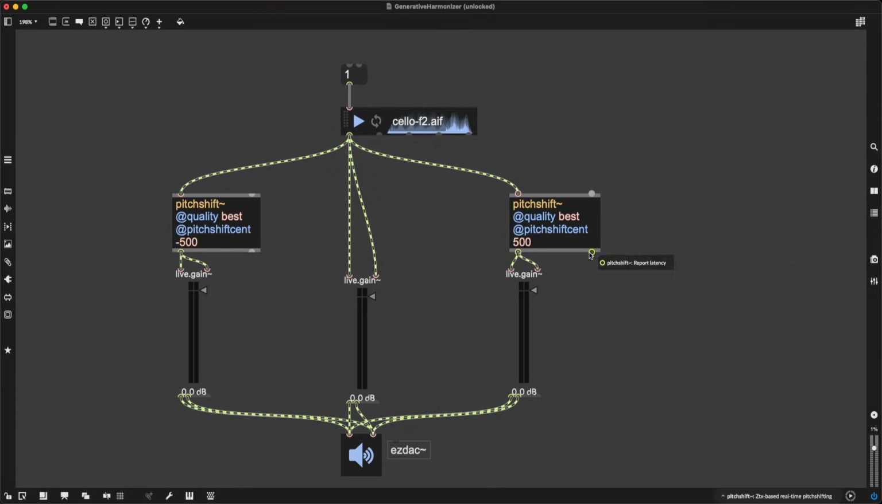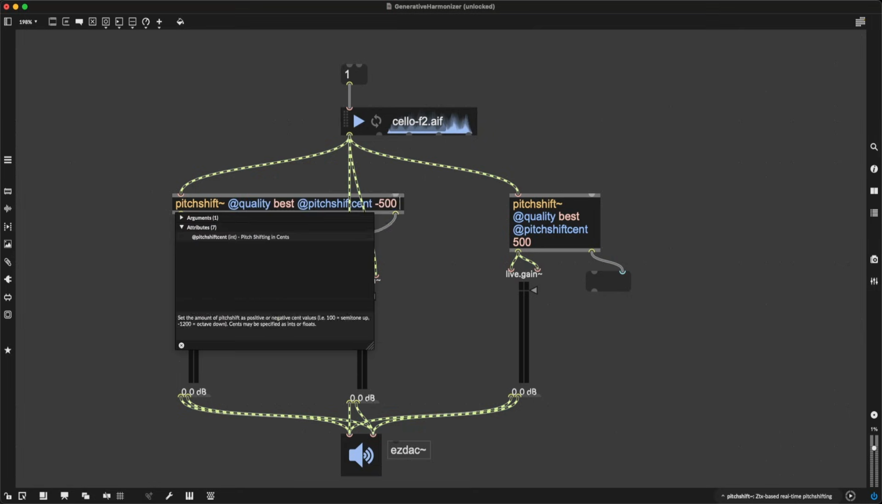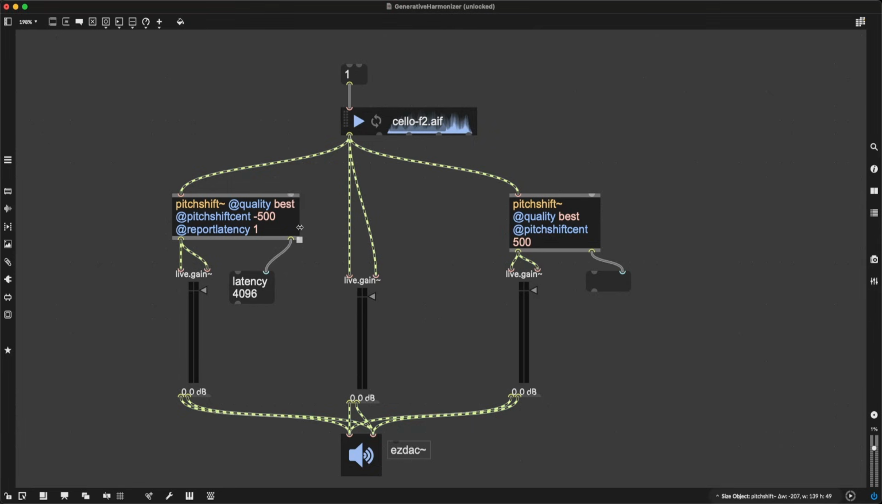So this is what the second outlet of pitch shift is for. It's going to report latency through a message. However, it's not going to work on its own, right? We have to turn on or enable a specific attribute called report latency in our pitch shift objects for the latency to be reported. So I'm going to add this @reportlatency and I set it to 1, and then boom, it tells us latency is